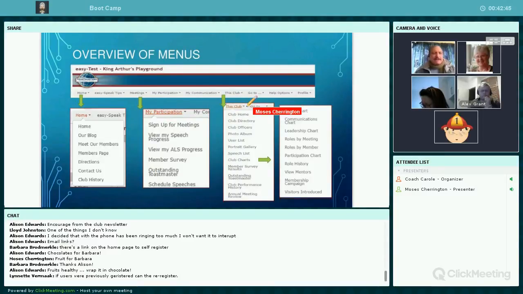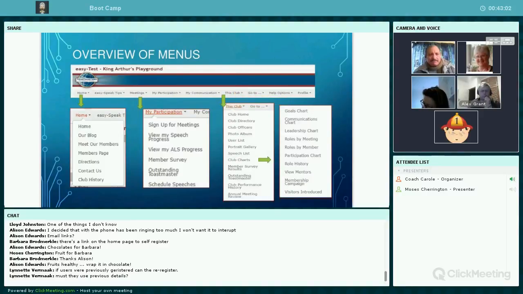But also to get to these particular drop-down menus, there's the Home there. My Participation is about 1, 2, 3 from the left. And This Club is 1, 2, 3, 4, 5, 6 from the left. And how to get to them. Now, is that all right, Carol?